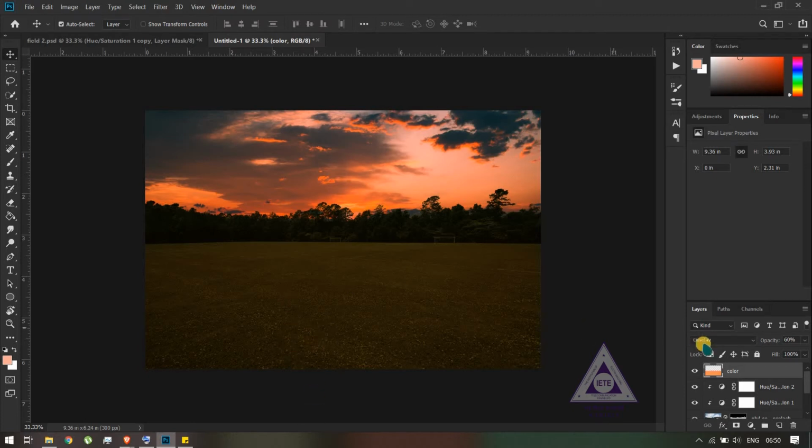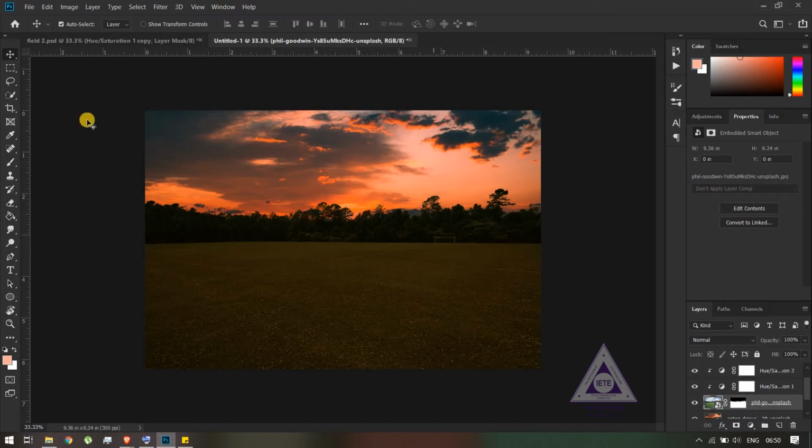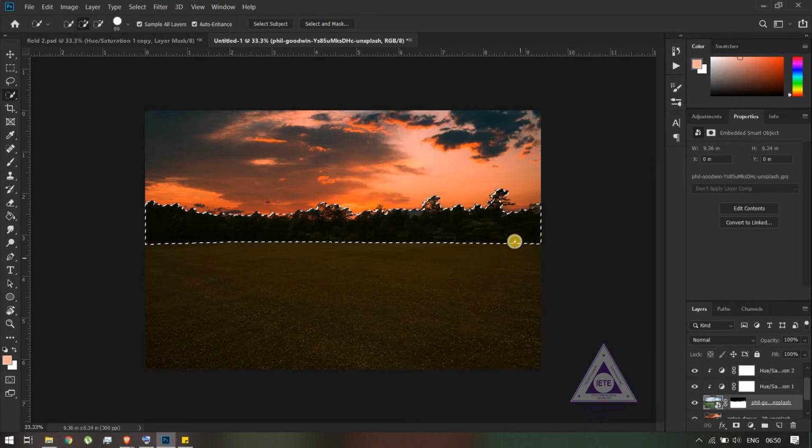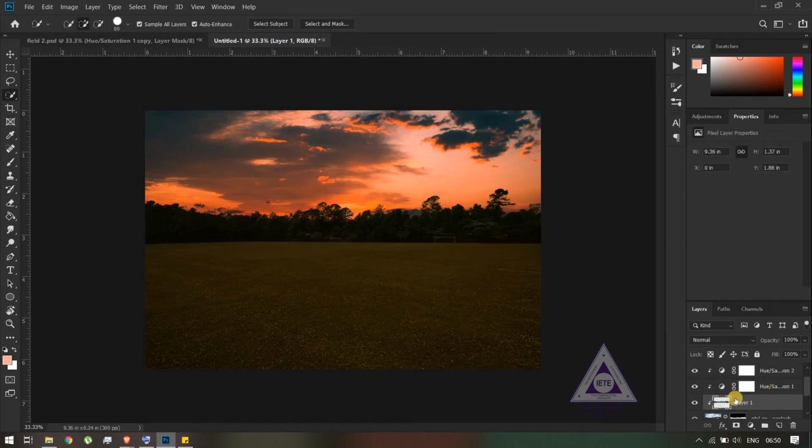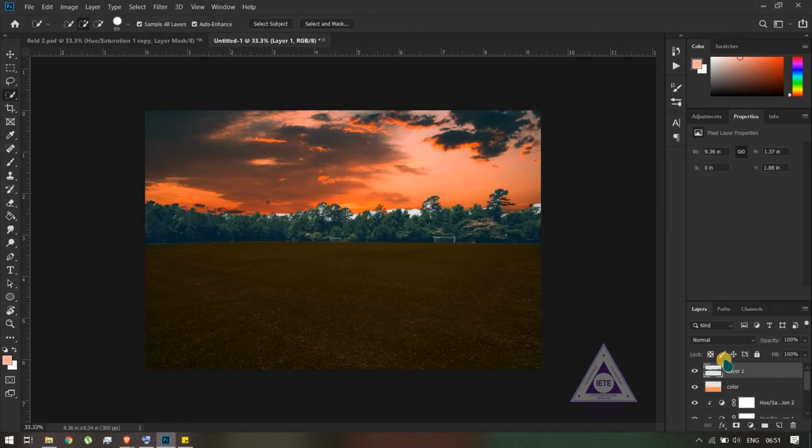Now what we need to do is add shadows to the trees, right? So what we'll be doing is selecting the ground image again, and going to the quick selection tool, and I'll just roughly move over the trees, because even a rough selection in this case should do. So I've selected the trees. Now I'll press Ctrl C to copy the trees and Ctrl V to paste it on a different layer right here. I'll move this layer above all the other layers, that is the hue, saturation and the color layers.